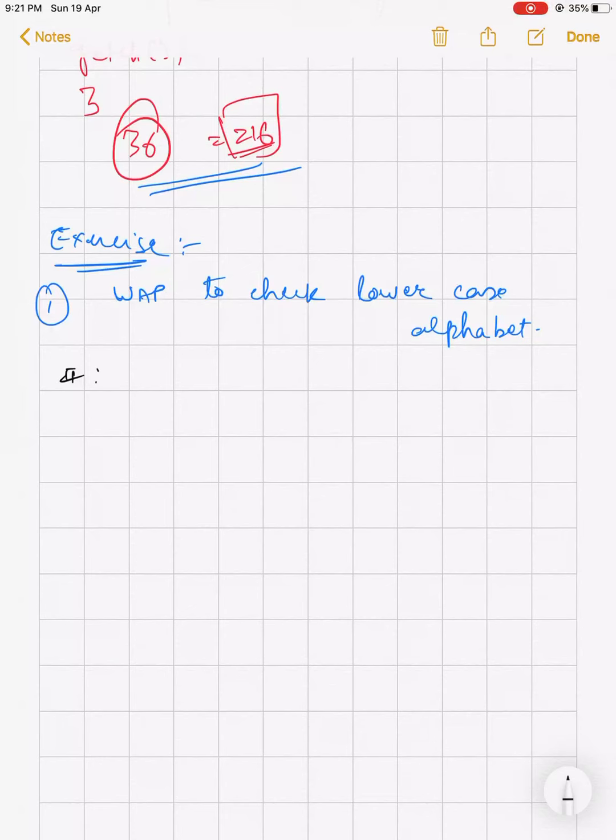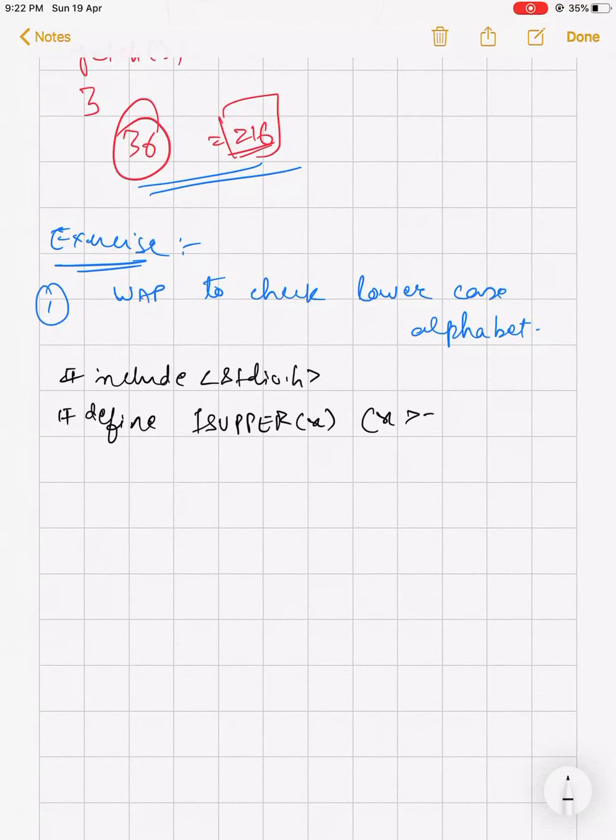First of all, include stdio.h, then define ISUPPER with argument say x. If x is greater than or equal to character 'a' and x is less than or equal to character 'z'.